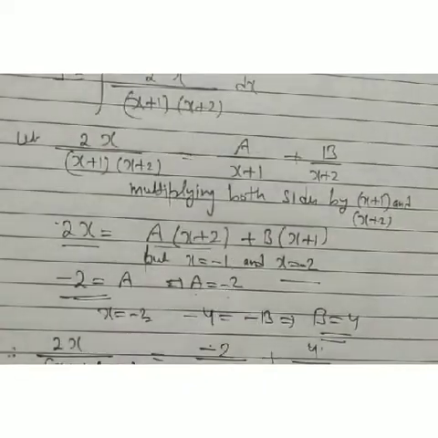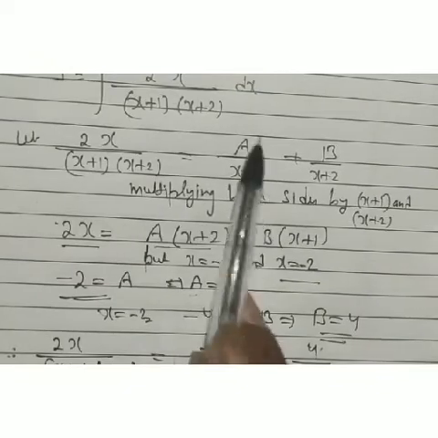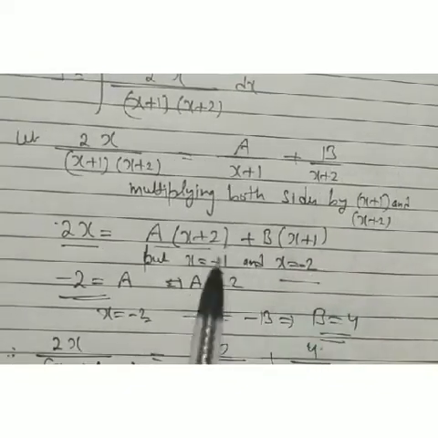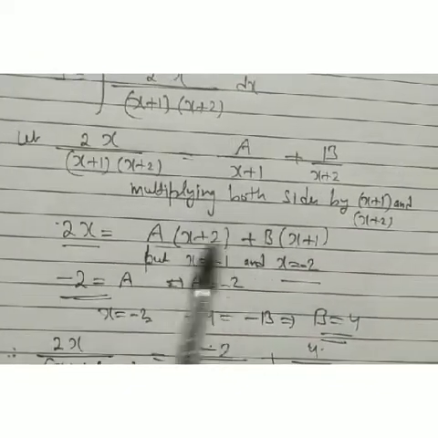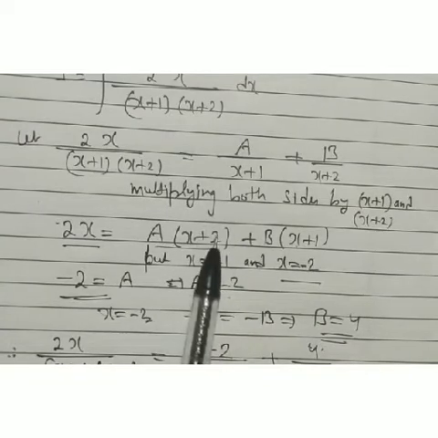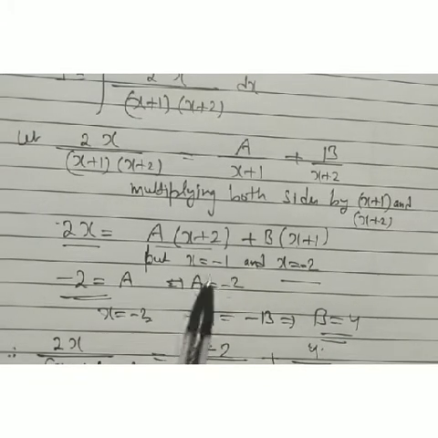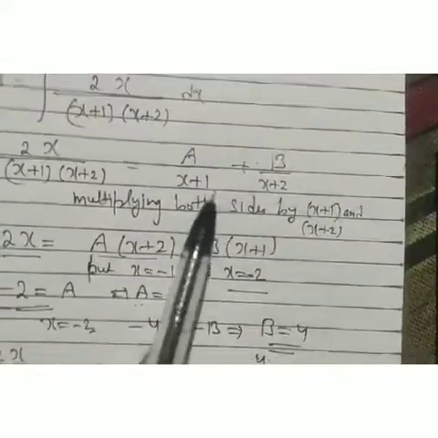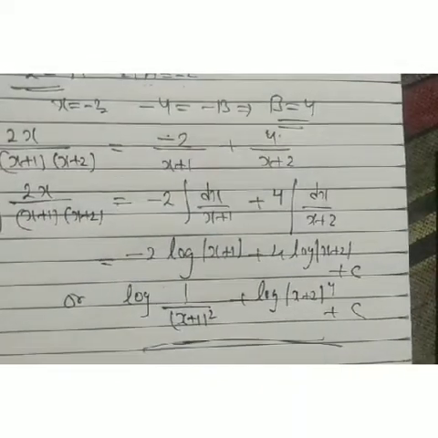And after that we are going to find out the values of constants A, B, C by this method, or by using linear equations in 2 or 3 variables. Get the values of the constants, then put the values in the given format, and after that we integrate to get our required values.